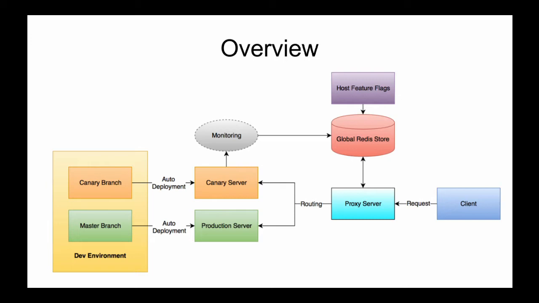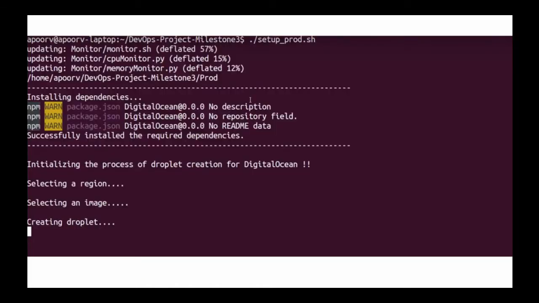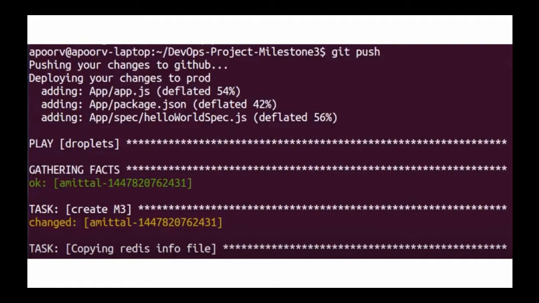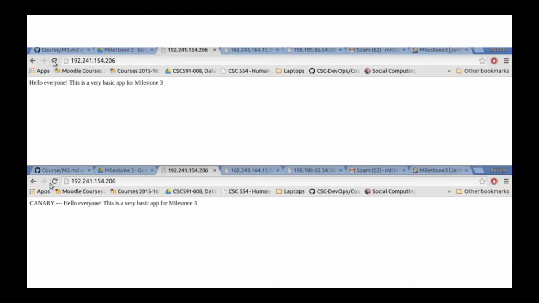A client request would reach the proxy server, which would route every 4th request to the canary server. The proxy server would determine CPU or memory utilization on the canary from the Redis store and stop routing requests to canary if they were above thresholds. This is automatic configuration and deployment via Ansible, and this is how the proxy would route requests to the production